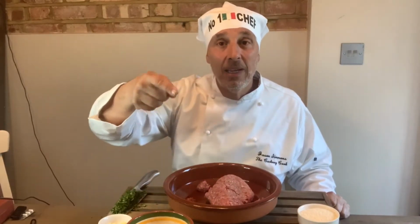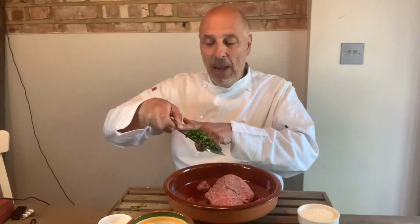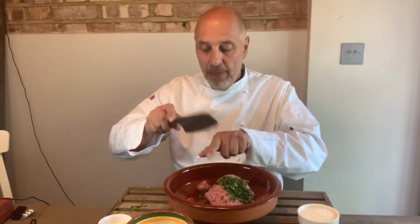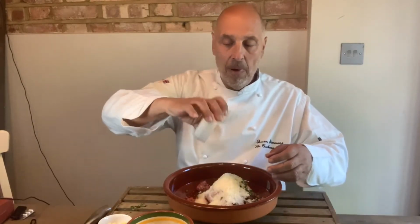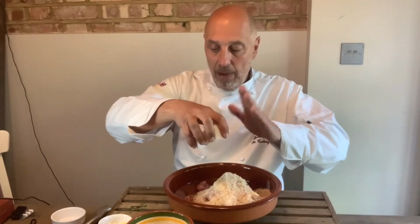Okay, we are going to use our hands, so make sure they're clean. Might be a good one to get the kids involved in. It's cooking time. So just because they're precariously balanced, I'm going to go straight in with my herbs, because I looked like I was going to knock them all over the place at any time. So, in with my cheese, in with my breadcrumbs,